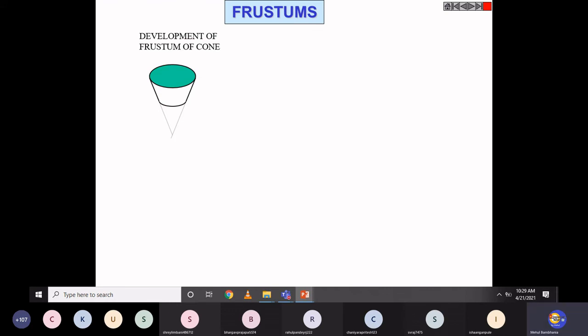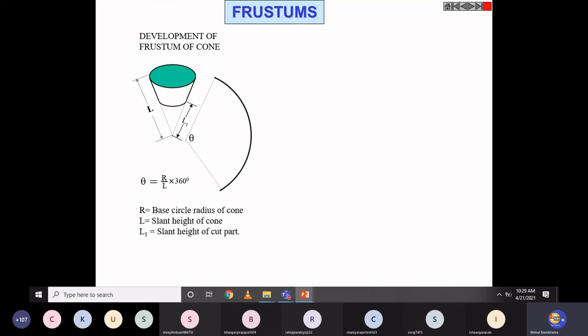So to develop this frustum, initially we have to look at what the original shape of this frustum is. The original shape of this frustum is definitely a cone. It is a cone, simple. So initially you have to develop for the cone. For the cone, we know that if it has a slant length L, you just start with this radial approach, calculate the theta, and simply develop the entire cone surface. This is the development of surfaces for the entire cone, which has this slant length L and some radius R.